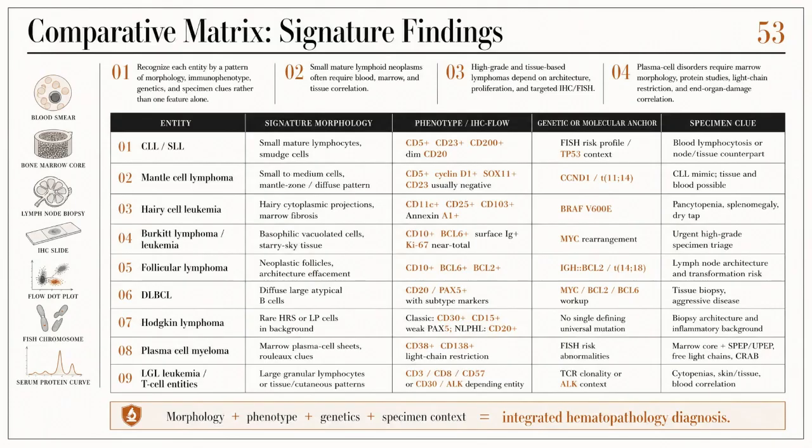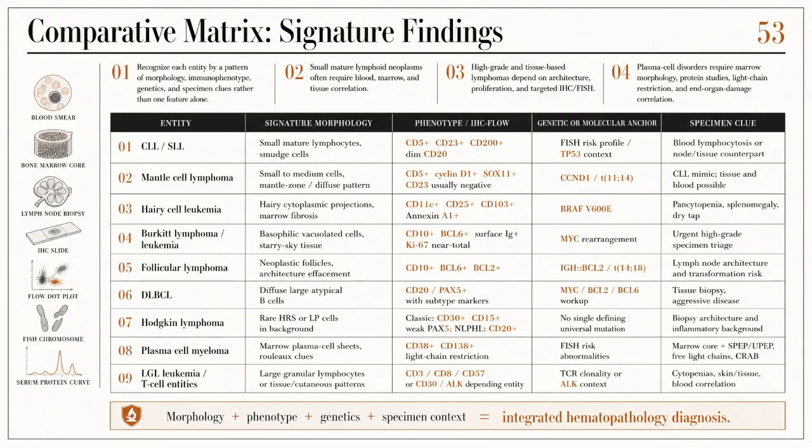Hairy cell leukemia, HCL, presents a distinct morphological profile with lymphocytes exhibiting characteristic hairy cytoplasmic projections. Immunohistochemistry reveals positivity for markers such as CD11c and annexin A1, while molecular testing for the BRAF V600E mutation confirms the diagnosis. A critical specimen clue is the frequent occurrence of marrow fibrosis, which often results in a dry tap during bone marrow aspiration. This underscores the importance of proper fixation and decalcification techniques to preserve cellular detail in core biopsies, enabling